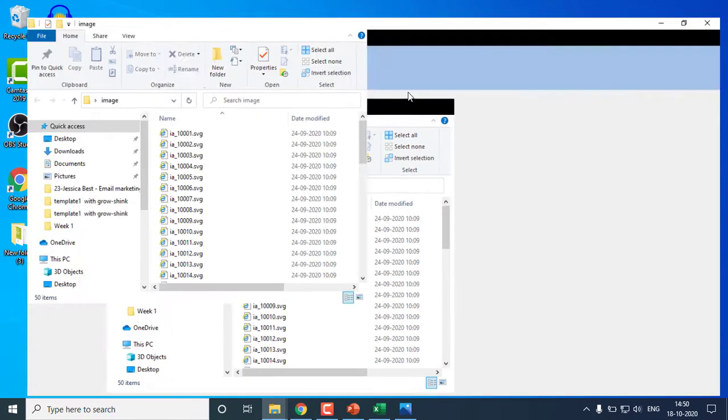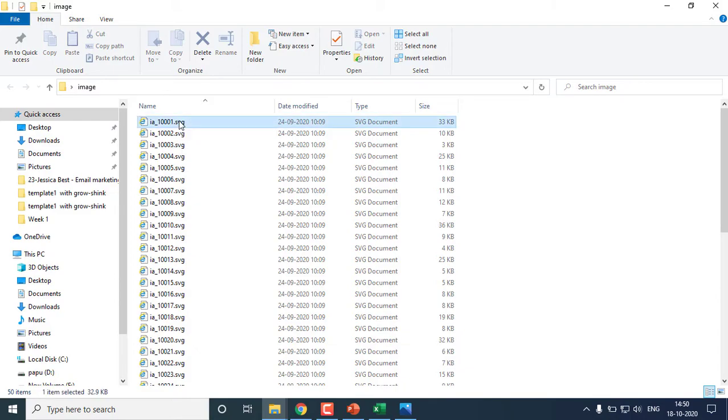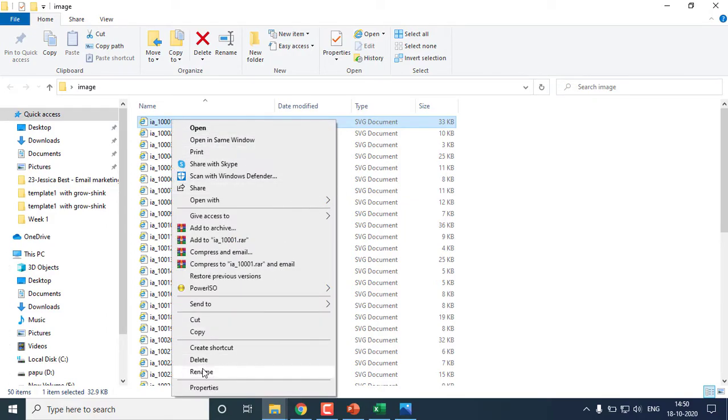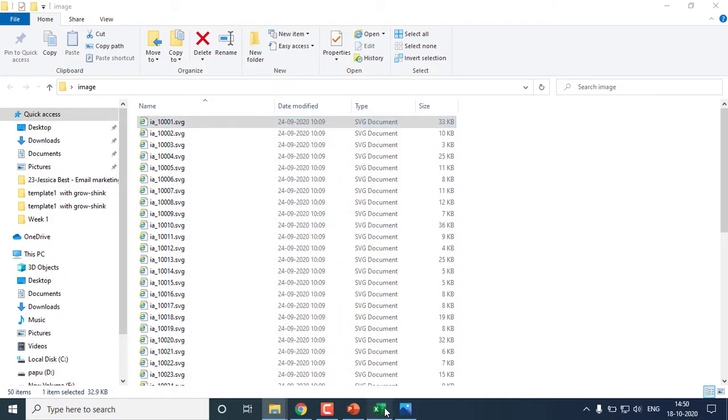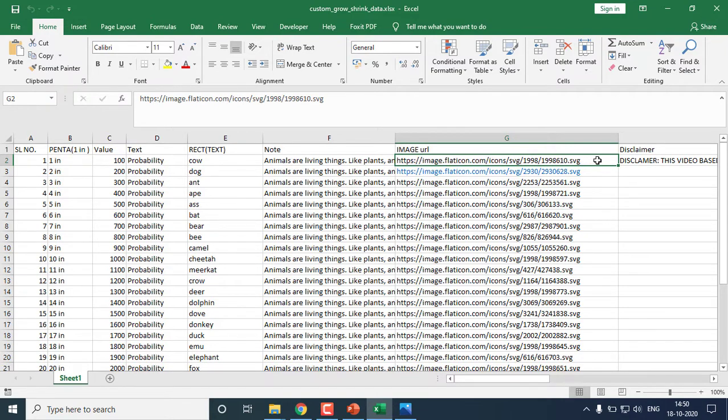I also keep my file here, and put the address, that is C, user, Aditri, desktop, image, backslash, and this 10001.svg. Here I am using an online URL; you can use a local URL.